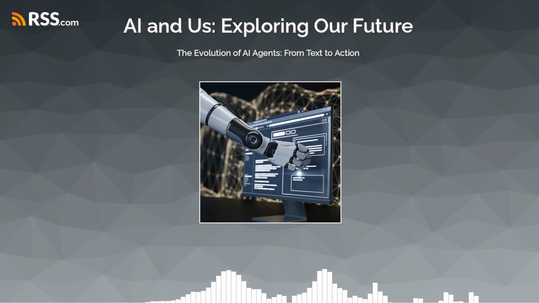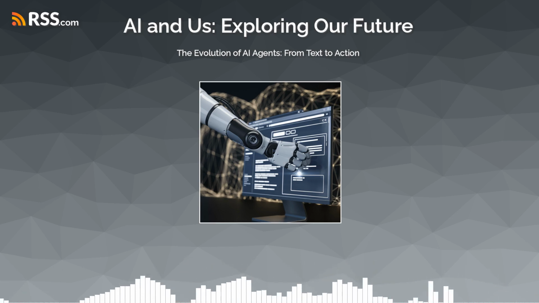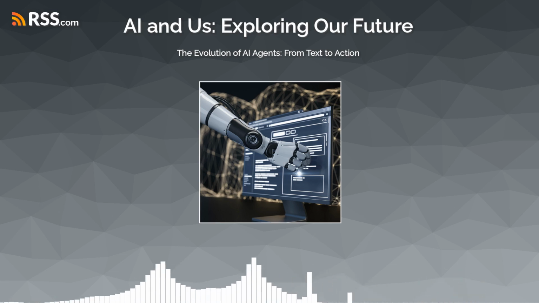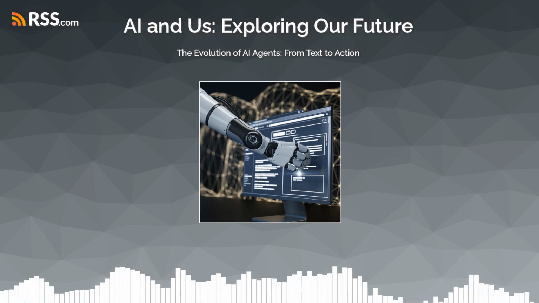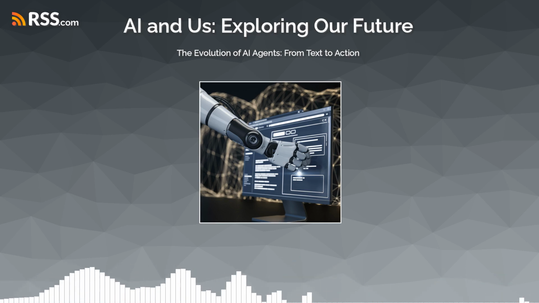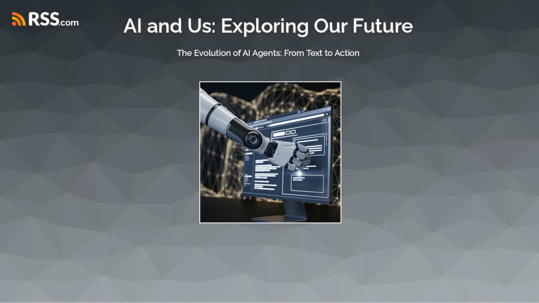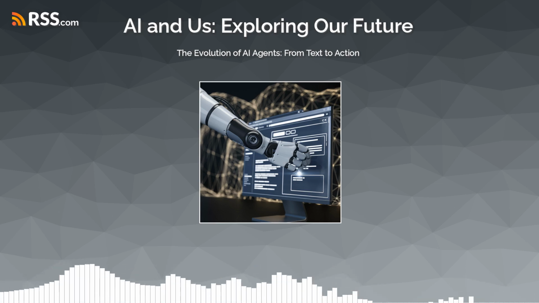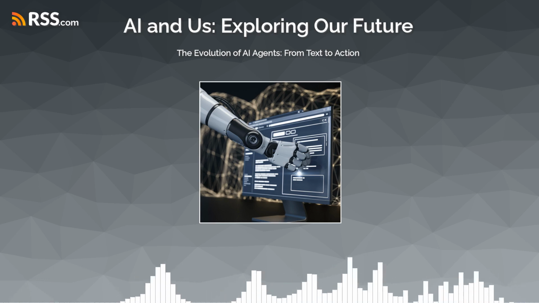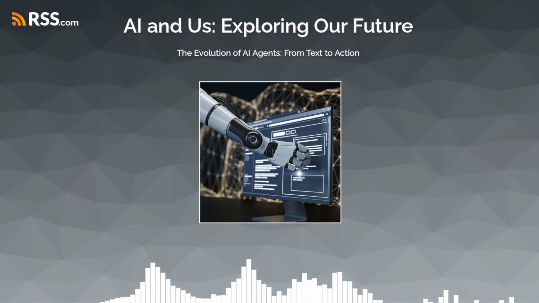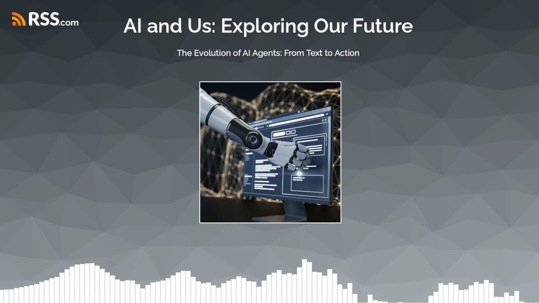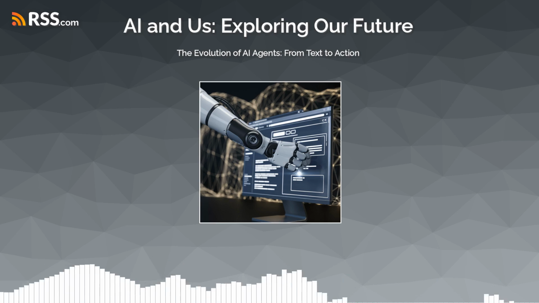But part of me also worries that we might become too dependent on AI. Like, what if we lose some of our own abilities if we just let machines do all the thinking for us? Yeah, I get that. If we let AI decide everything for us, from what we eat to what career we choose, we could end up being just passive bystanders in our own lives. Right. It's not just about AI taking our jobs, it's about us staying in control, being able to make our own choices. Exactly. We have to find that balance. Using AI to make our lives better, but not letting it take over completely.